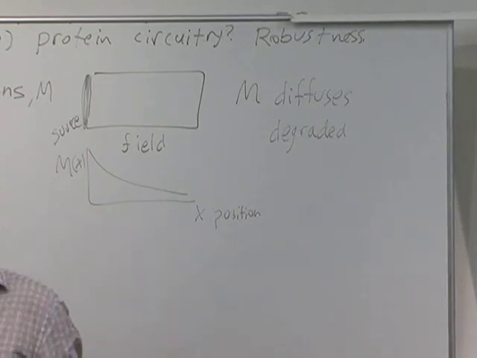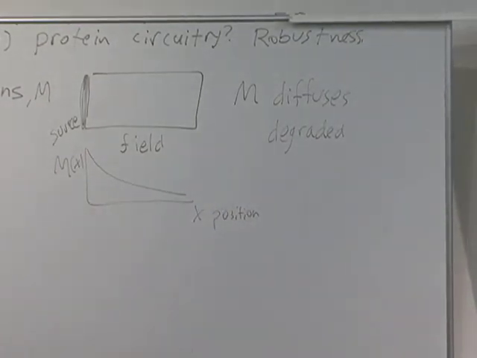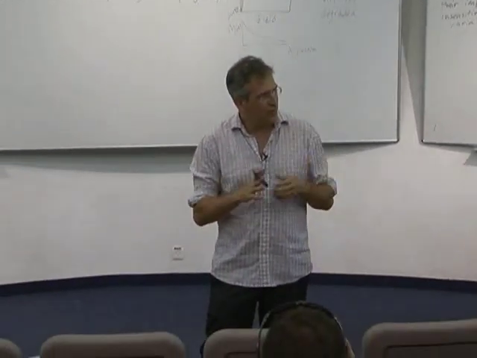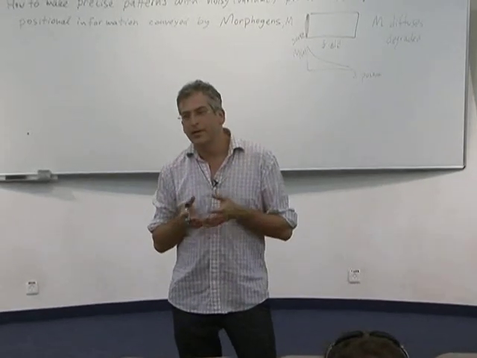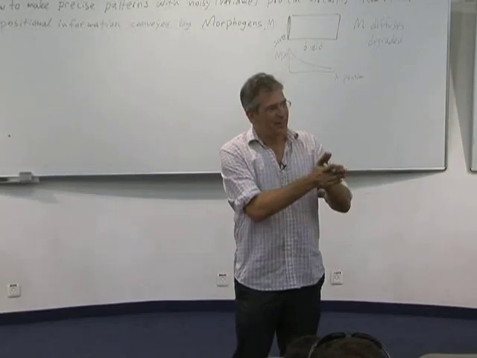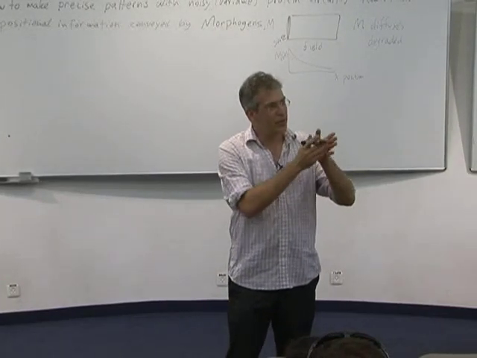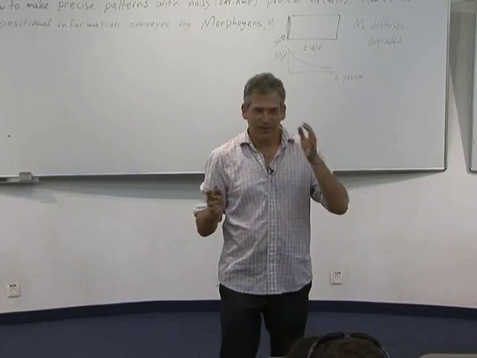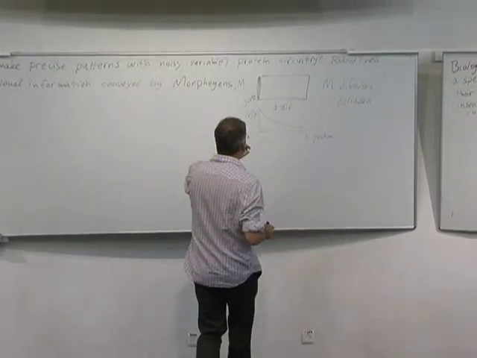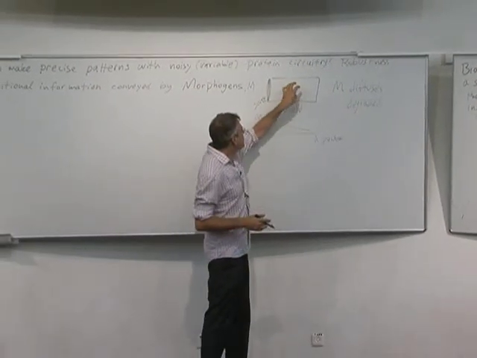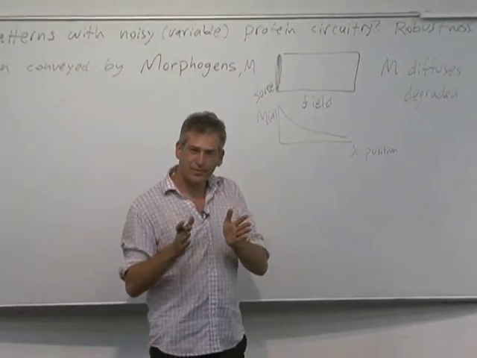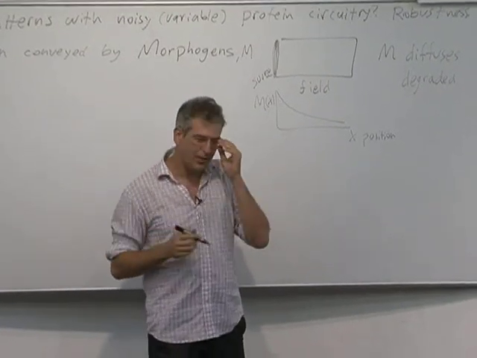Of course, you can ask, wait, so it already has some information. The morphogen is made at a certain point, right? So it's a chicken and egg problem. Where does the original information come from? A lot of times that comes from, for example, the mother, which already has a pattern, the chicken, deposits something at one end of the egg, and that's the original source of information. And then later on, once you already make a pattern, each pattern can make morphogens for the next finer pattern. So it's a sequential process of finer and finer.